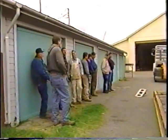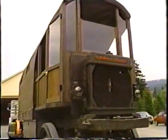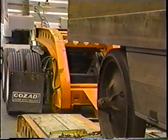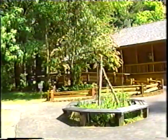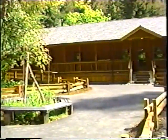For two years, this unusual motorhome has been a part of a joint restoration project between Harvey Harper Motors in Eureka and Pacific Lumber. That project is designed to restore this piece of local history for permanent display at the Humboldt Redwood State Park Visitor Center in Burlington. What we have behind us is a